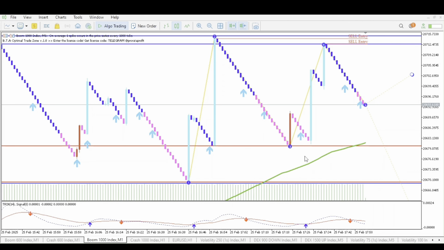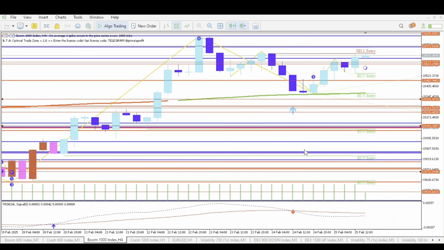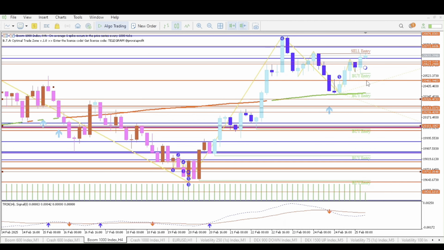This is boom 1000, guys. So I'm going to check on H4. As you can see, this is my H4. What is the latest signal saying? It's a buy entry. So we are looking for buy entries, but we have to confirm first with H1. So let's check H1, and before you go, you can see that here we have a template saying it's going down. So we are most likely